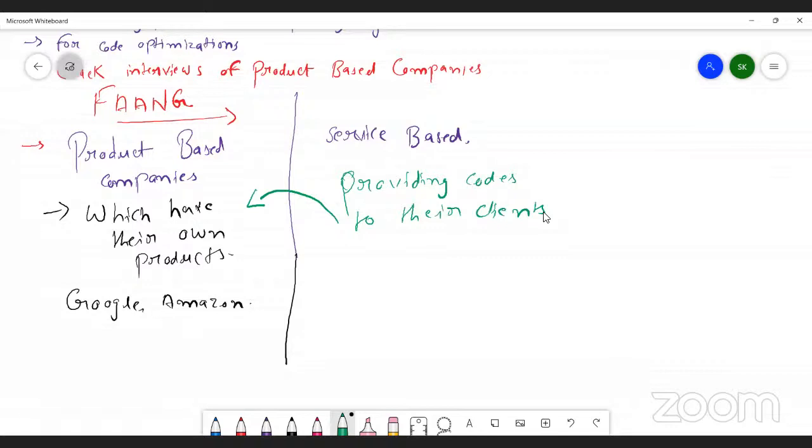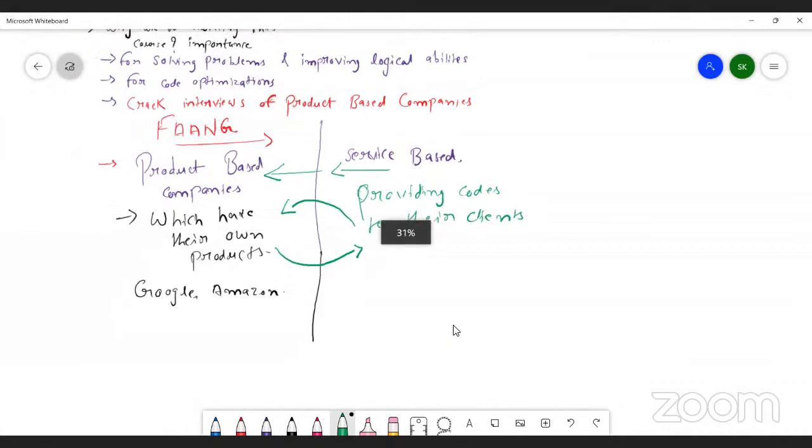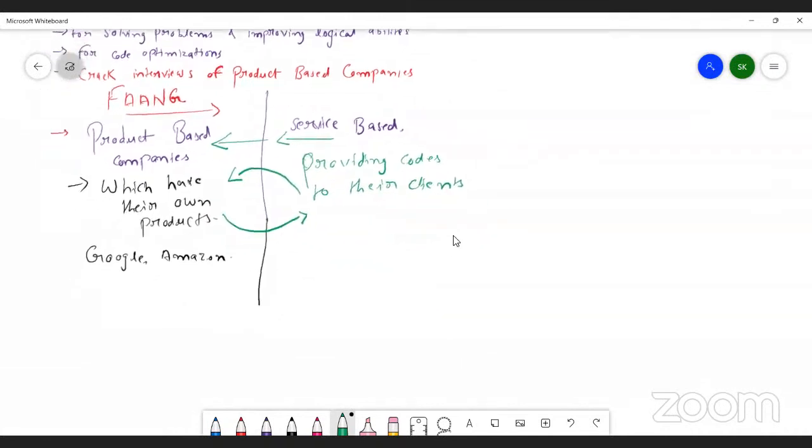These product based companies have some small things, or you can say small services, which they want to be done, but they don't want to do them themselves. They just tell their requirements to these service based companies, and according to those requirements, the service based company works for them. So these companies provide service to the product based companies. Is it clear? Okay, so I hope you understood.